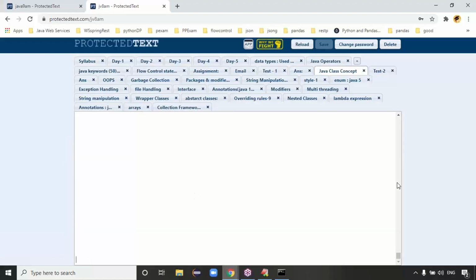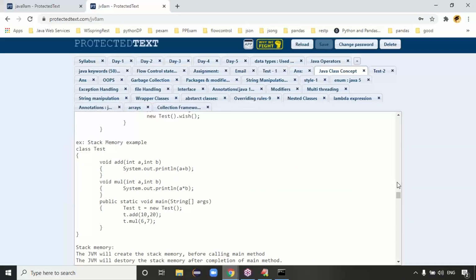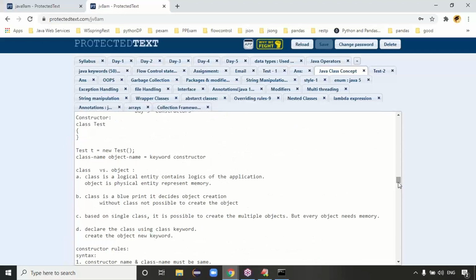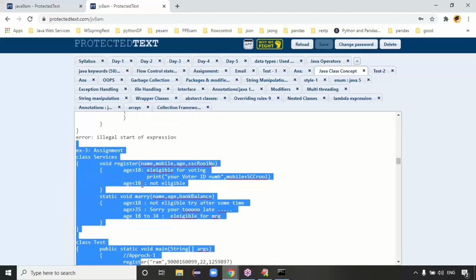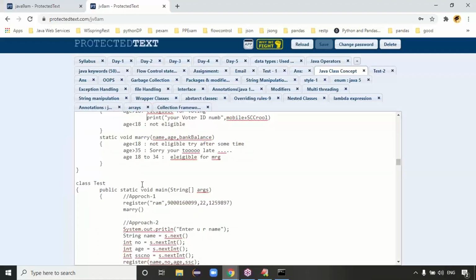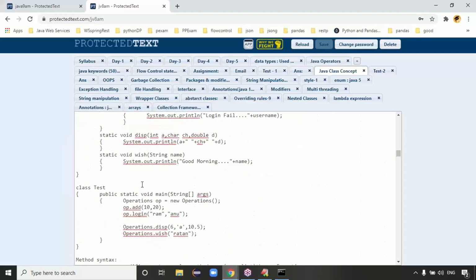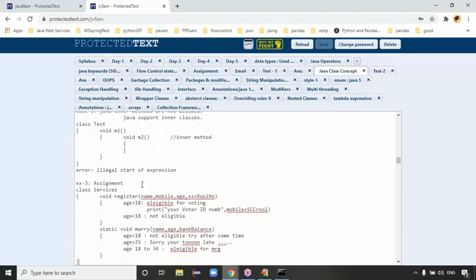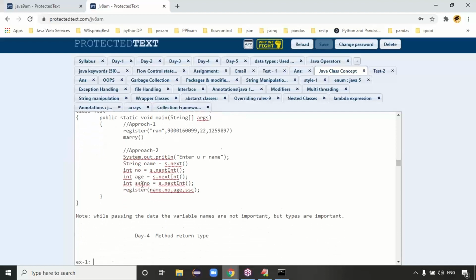Java class concept. In the class concept, we are discussing the methods. In the methods, we have that assignment. Guys, you can take this example and complete this assignment, please. It is a small assignment. I hope you can understand this example. Just try to check this example once. This is the first example, method syntax we are done. Approach one, enter your name, the return type.